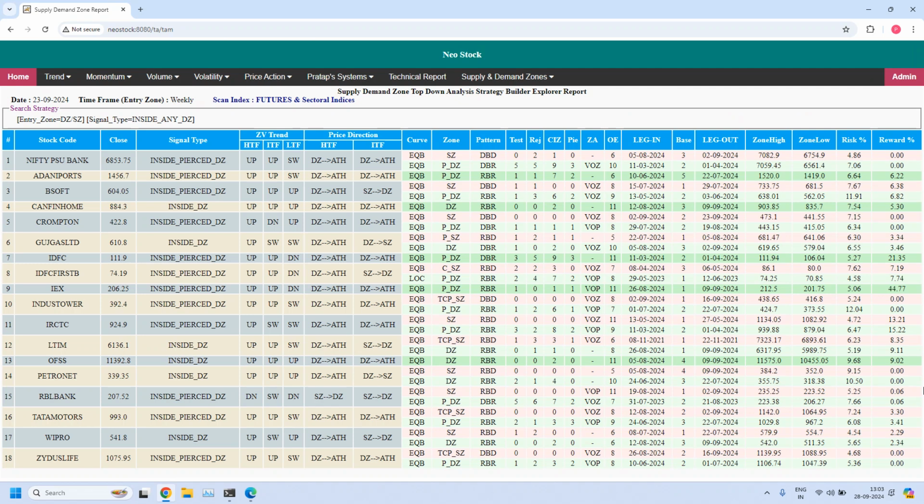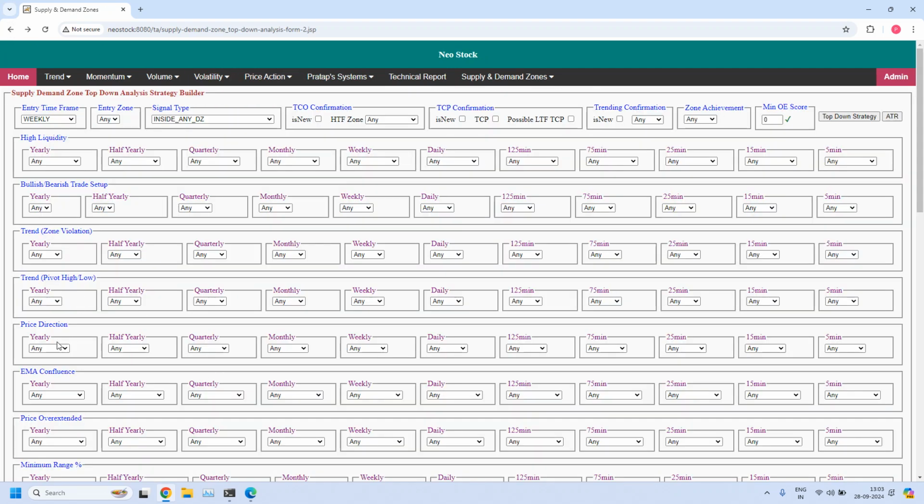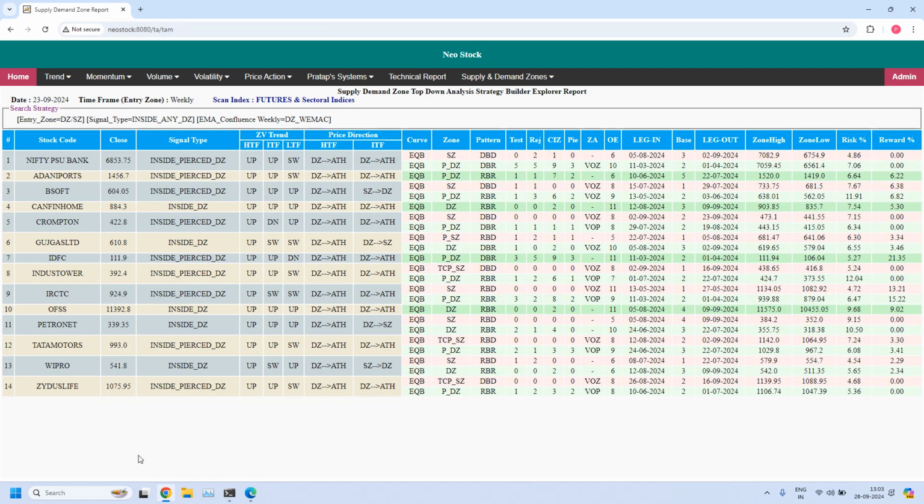And if you want to know how many of these weekly demand zones are having weekly EMA confluence, further we can filter by looking into EMA confluence in the weekly time frame, weekly demand zone with weekly EMA confluence filter. 14 stocks are filtered. But remember, EMA confluence makes sense only when the trend is